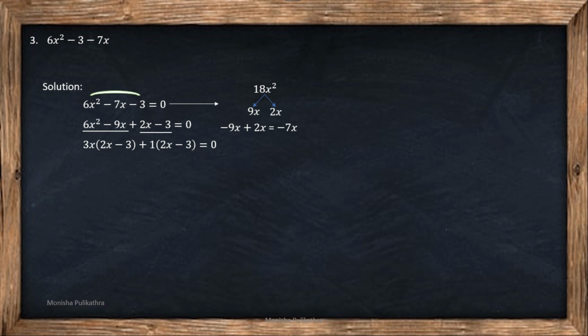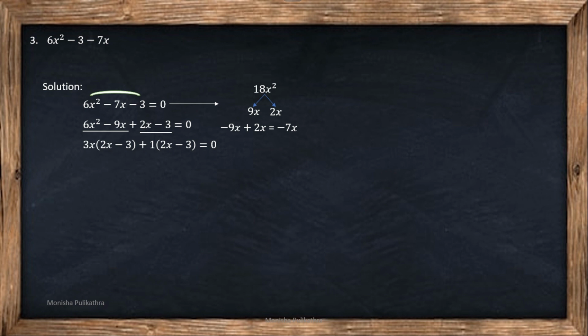So going to the next section, in 2x minus 3 there is no common term. I have already told you, when there is no common term, we use the universal common factor, that is 1. So take 1 as common, then you write the same thing as it is, that is 2x minus 3. Here one thing you have to be conscious about: inside the bracket the term should be the same, that is 2x minus 3 and 2x minus 3.